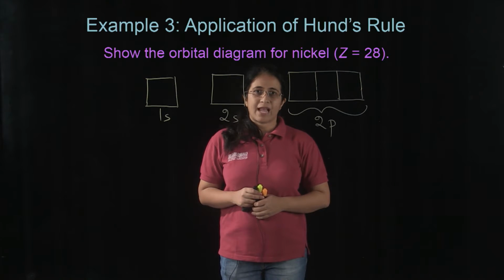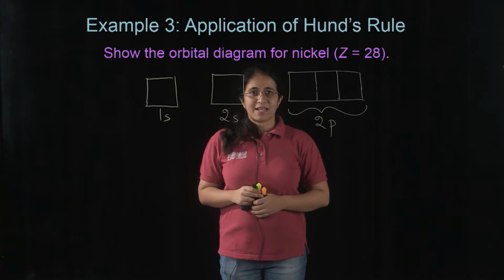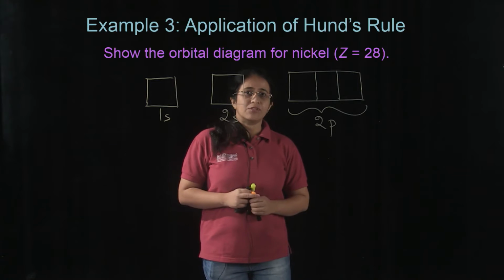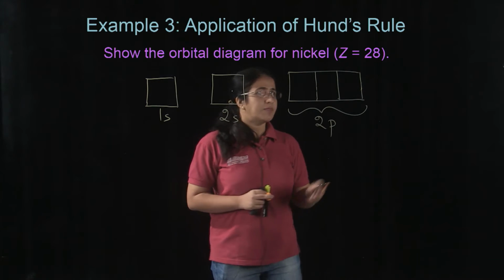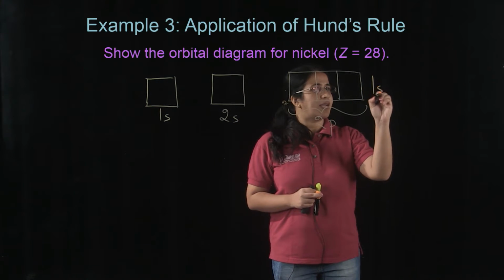Now let's look at one last example. This time we will be drawing the orbital diagram for nickel. Now nickel has an atomic number equal to 28, which makes it a bit more complicated. So let's write down the electron configuration for nickel, which is 1s2,